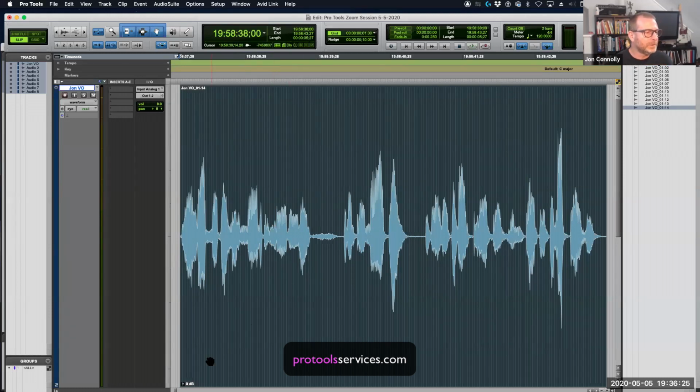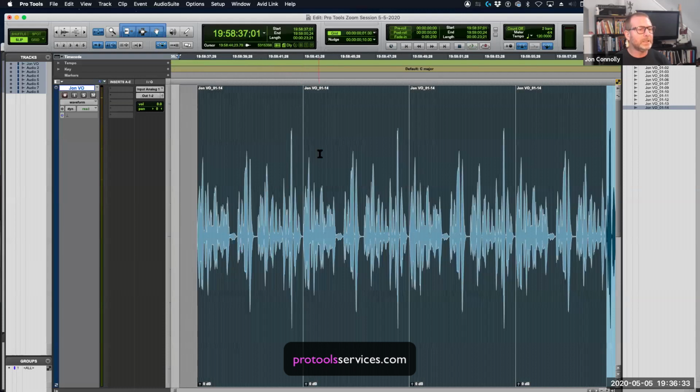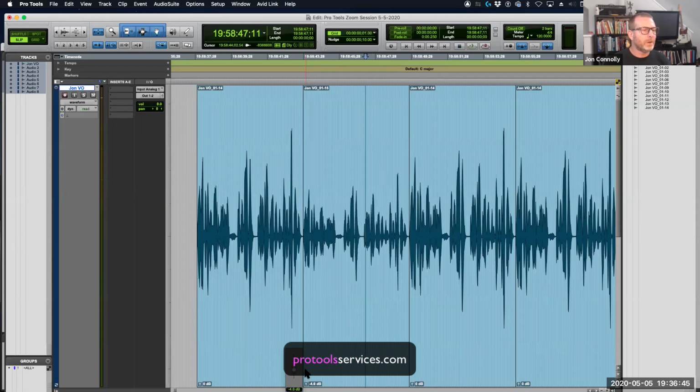I can go into each clip. I'm going to back out here and I'm going to duplicate that a couple times. Let's do that. Make my selection, hit E key. Whoops. And so I've got the same clip duplicated a few times. You'll notice at the lower left corner of each clip, I can grab this little teeny fader down here at the bottom and adjust the volume on a per clip basis.